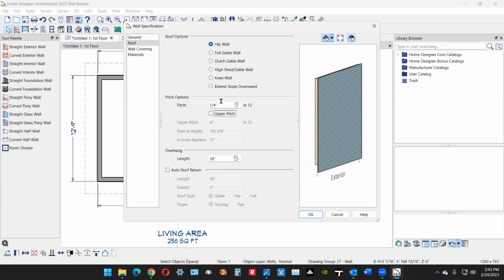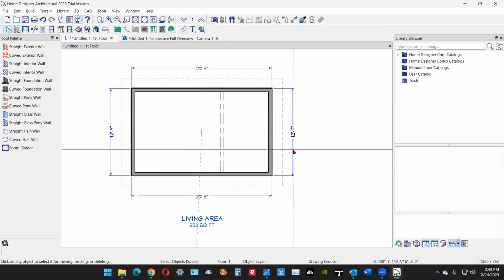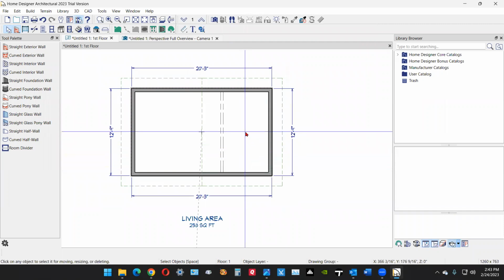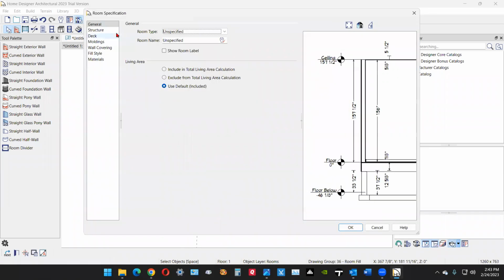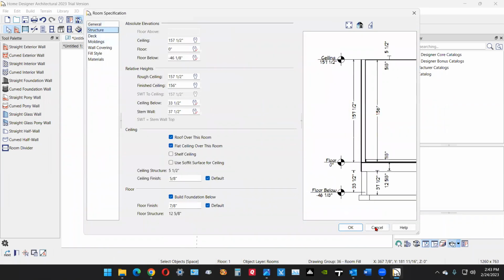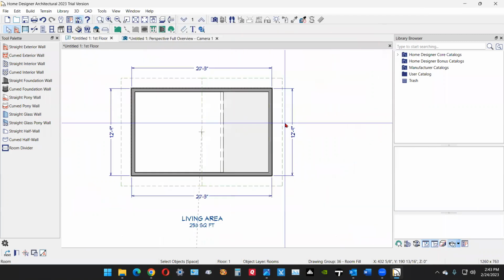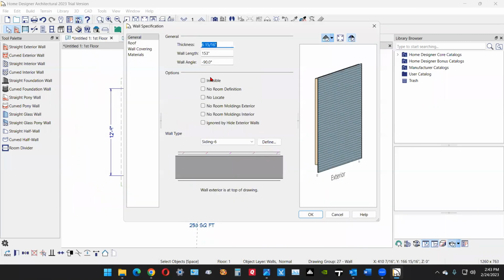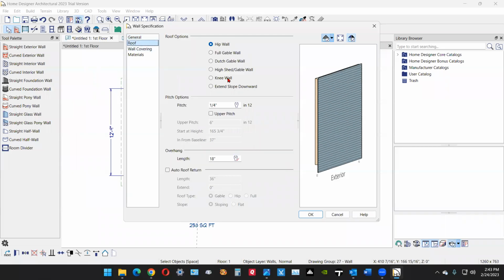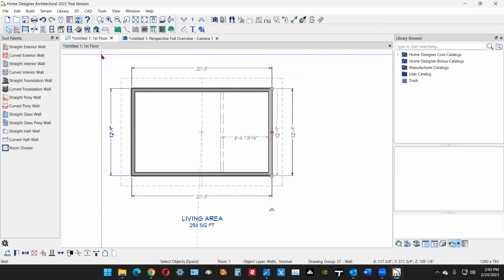Now, 1/4 in 12, it won't do flat. 1/4 in 12 is as close as we'll get. But to do roofs with settings, you control it with the ceiling height and settings in the walls. And as I said in my post,